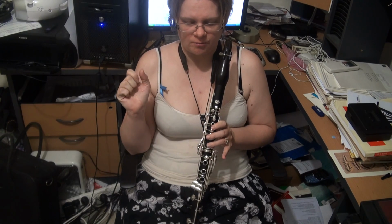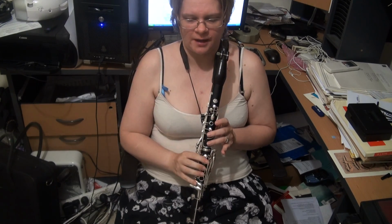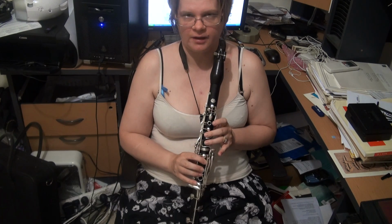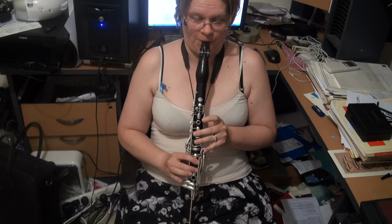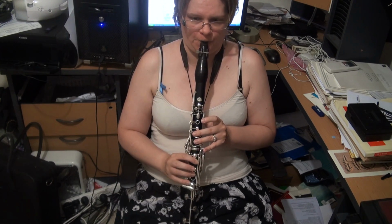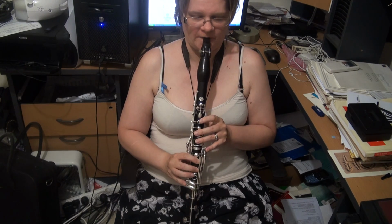F melodic minor scale, on the way down you will need to go from E flat to D flat. Make sure you take the pinky key off and coordinate that. So that